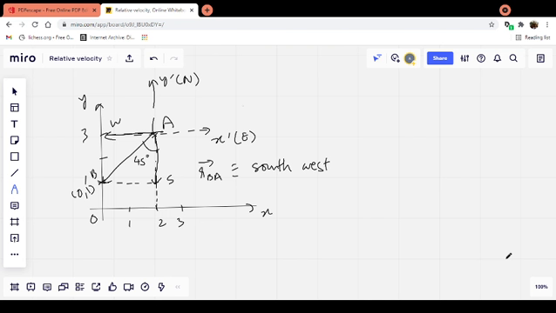One other way could be by using the equation which we have. That means we want to observe B with respect to A. We would write the RBA vector. What is the B vector? The B vector is j cap. So we are writing the RB vector minus the RA vector, the position of B as seen by A. The A vector is positioned at 2i cap plus